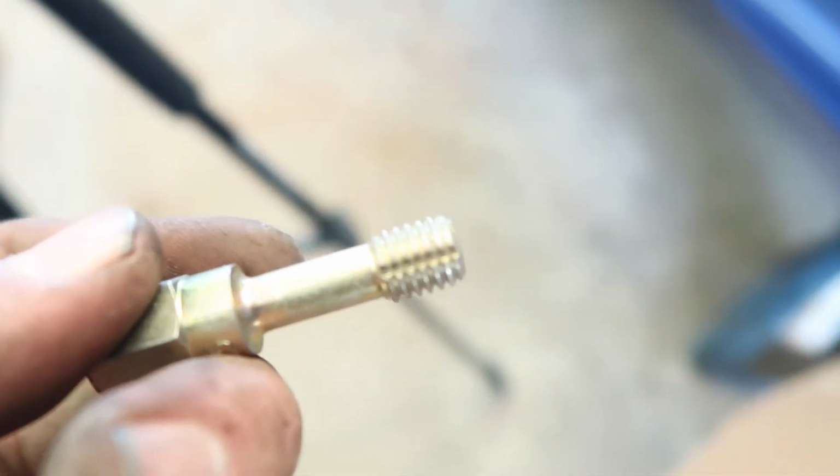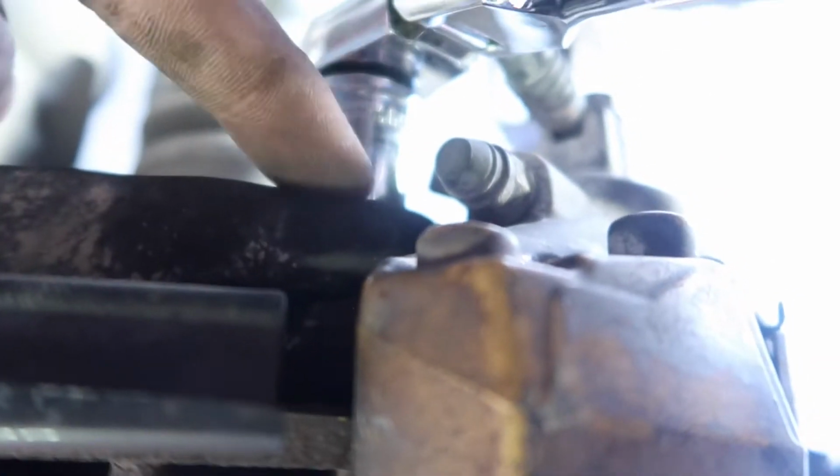I decided to use this to tap into the back of the caliper, because this one right here on the caliper was stripped. Kenny's seeing if he can fix the bolt because it had a little bit of messed up threads on it. I don't know how it got stripped. I'm guessing it's from the previous owner, because when it came out it was okay and I didn't even try to thread it in. I did notice it was a little harder to take off, so